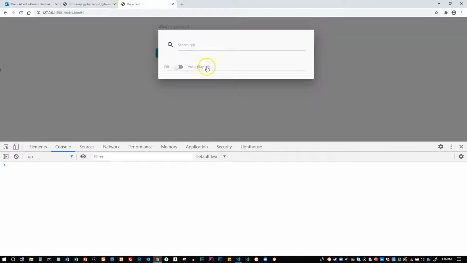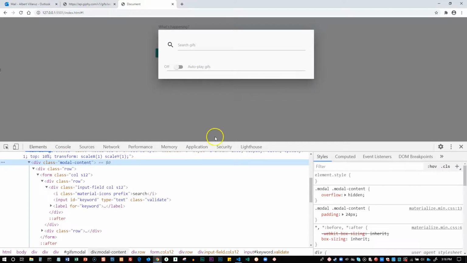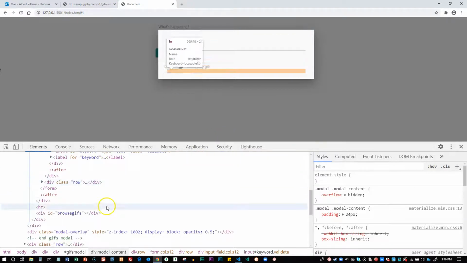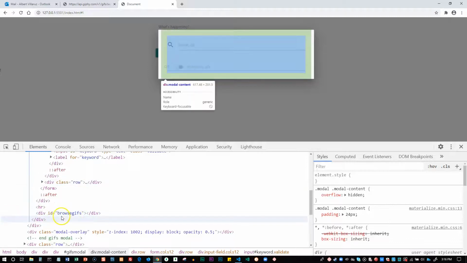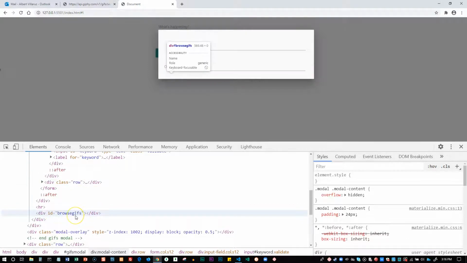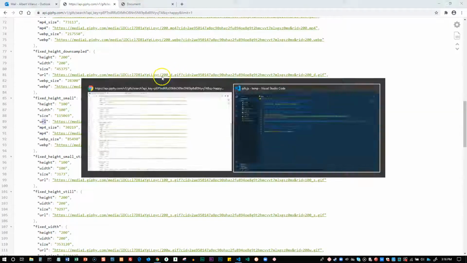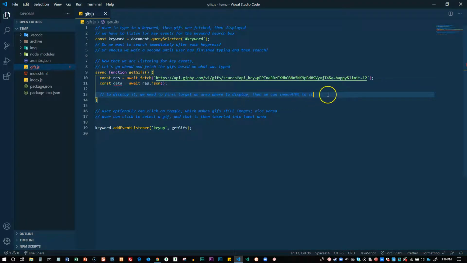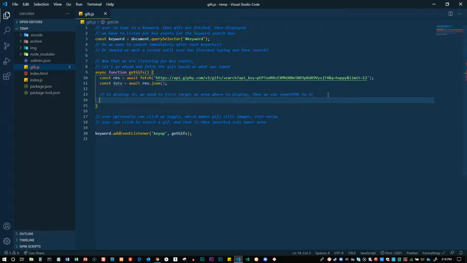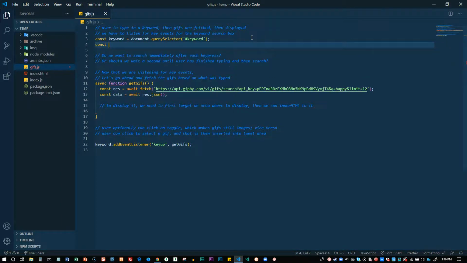If I click on here, let's examine this modal's HTML. Somewhere in this modal is an area that I have previously put in. There it is. Div ID browseGIFs. So it'll all go in there. So let's document query selector in there. And now let's say here, I like to put all my constants usually up top. Const browseGIFs equals document.querySelector browseGIFs. Okay, so now that we got that div tag, we can say browseGIFs